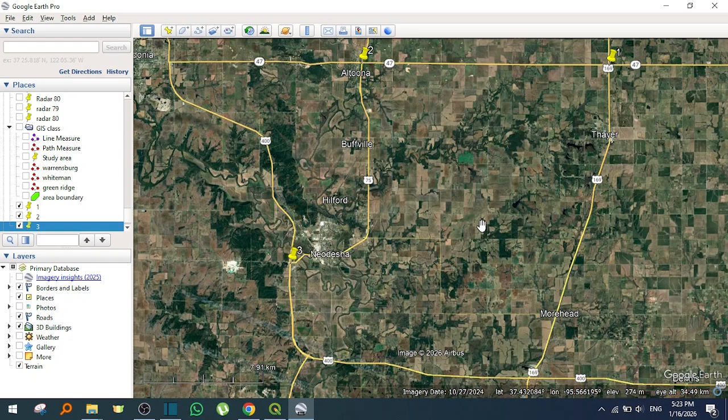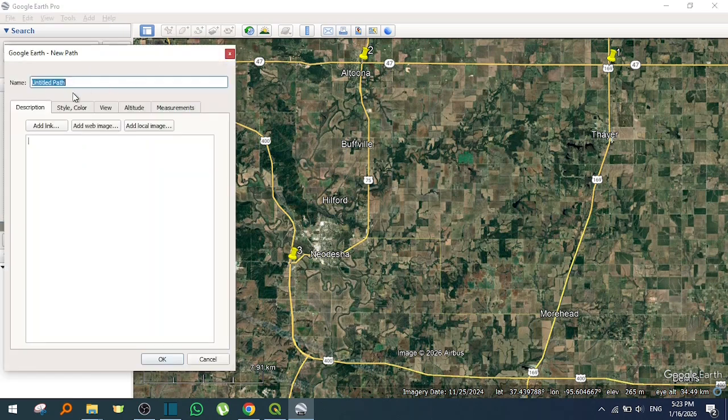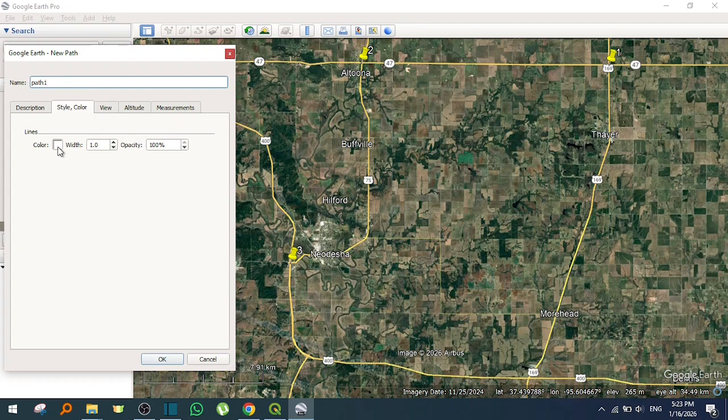The second thing I want to add is a path that will connect these points together. So these paths are called add path. You select this option, this add path option. You can change the name if you want to change the name, and let's say it's called path 1. You can also change the style and colors from here. Let's say I want to